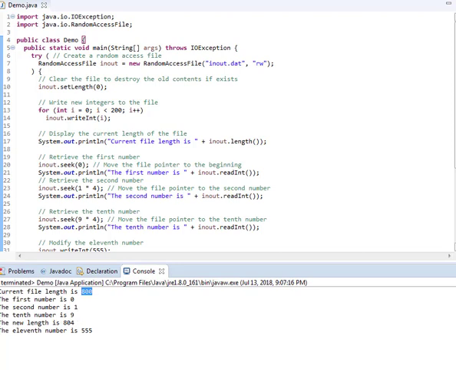Then we scooted out to the end of the file and wrote the number 999, making the new length of the file 4 bytes longer than it was. So it was initially an 800 byte file, but when we added that extra 4 byte integer to the end, it became an 804 byte file. Then we rewind the file pointer to the 11th position and we read the number that's there and find out that, look, it did get overwritten to 555, just like we said it would. Now, let's take a look at what happens if we were to seek to a place we shouldn't in this